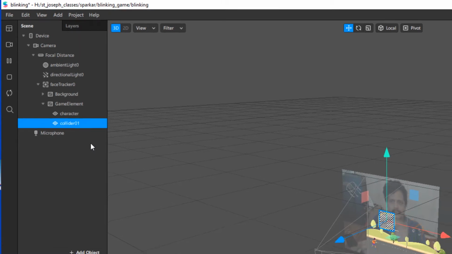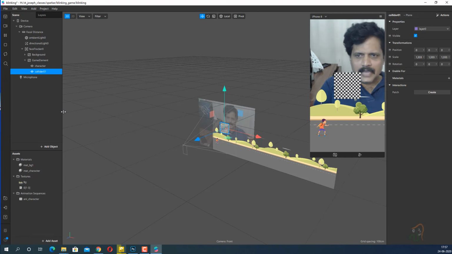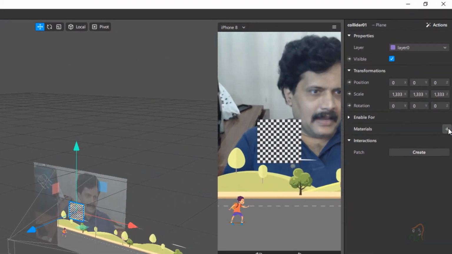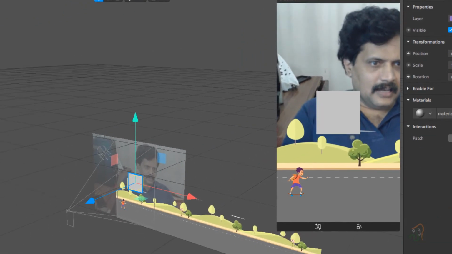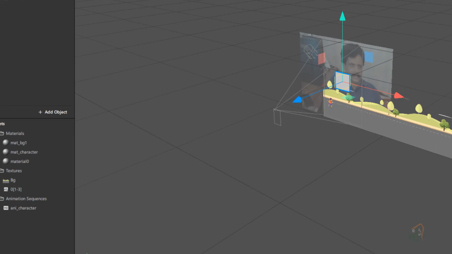And now same procedure, again add a material to this, create a new material. Here you can see the material in assets, I will name it as mat underscore collider 1 and press enter.